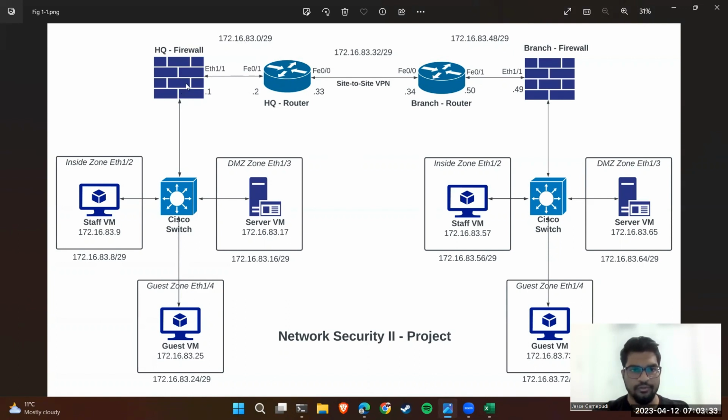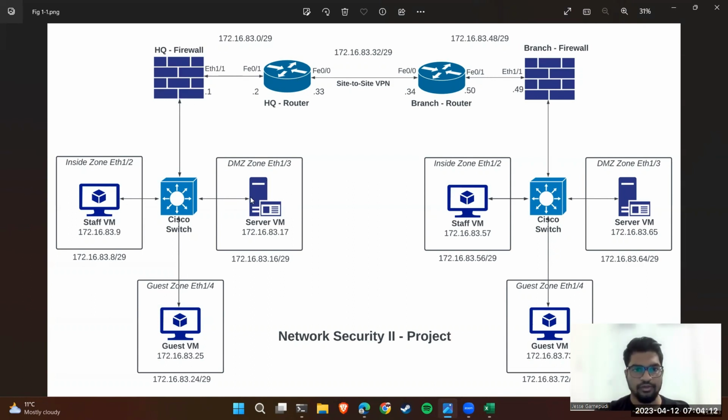And from the firewall, we have a couple of switches which are divided by zones. Basically, we are implementing network segmentation, wherein we have segmented the firewall to the router as an internet zone, and the staff as an inside zone, wherein all the people who have access inside the company will have that zone to themselves, and the demilitarized zone will hold all the services,